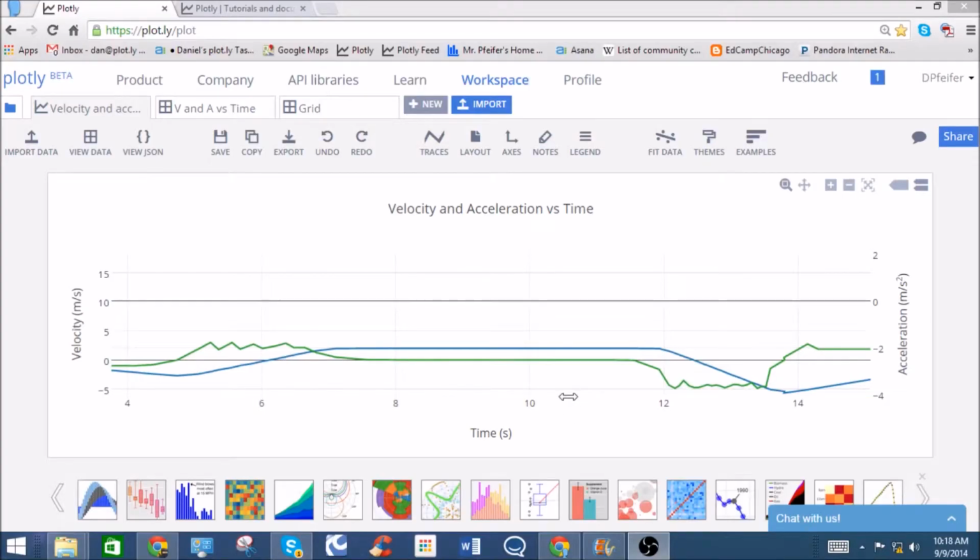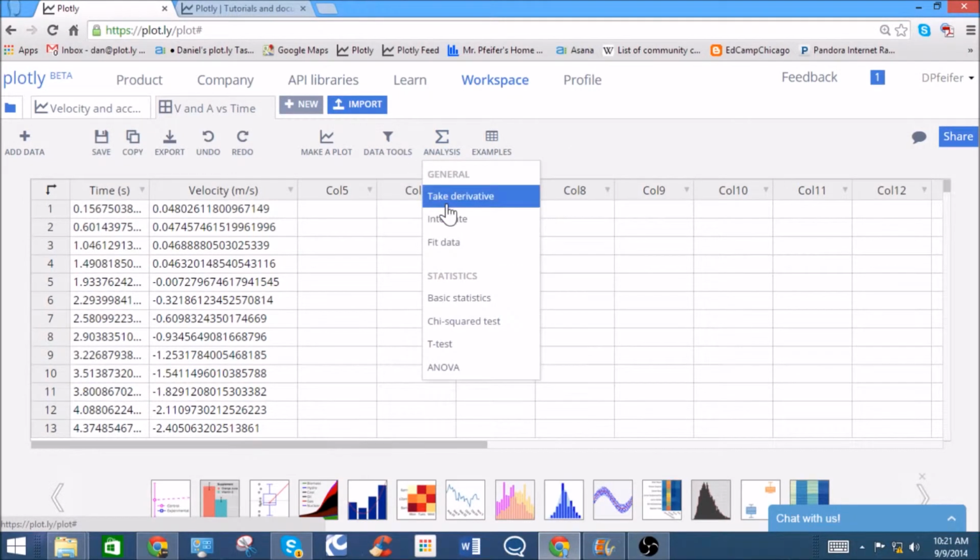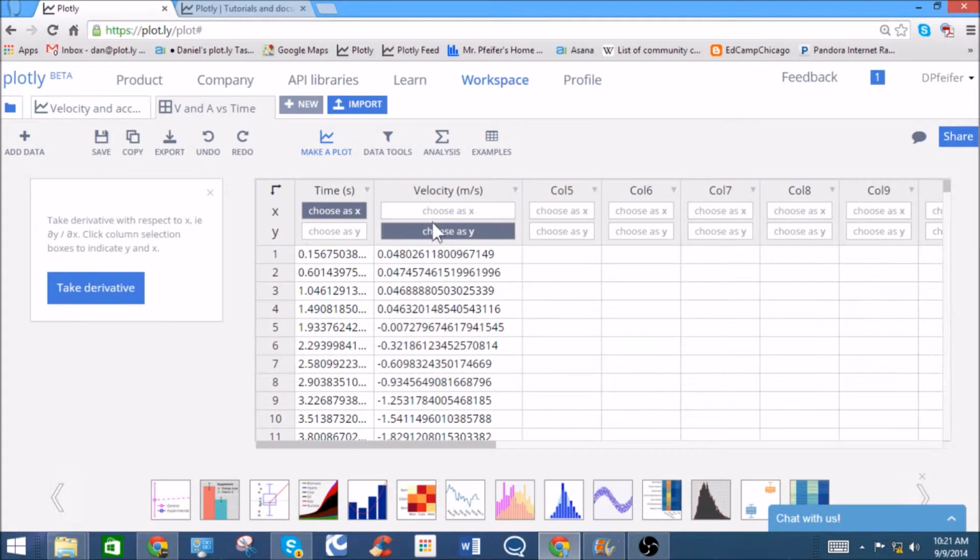In this graph, we're going to have a velocity versus time and acceleration versus time graph overlaid on top of one another. I will show you how to make this graph and also how to graph the tangent line at various points along a curve. From our workspace, to take the derivative, click Analysis, Take Derivative, select your x and y